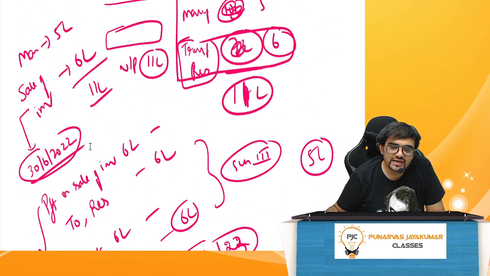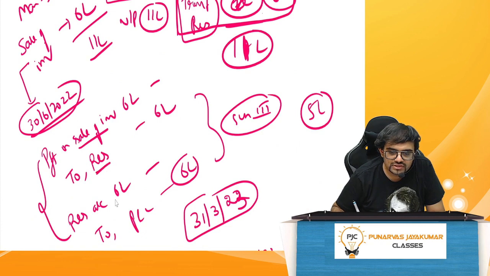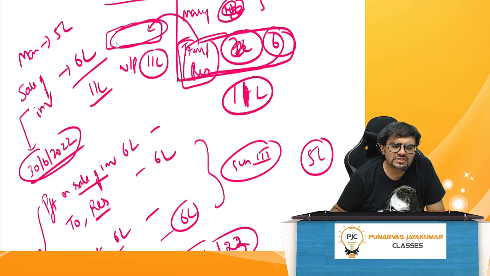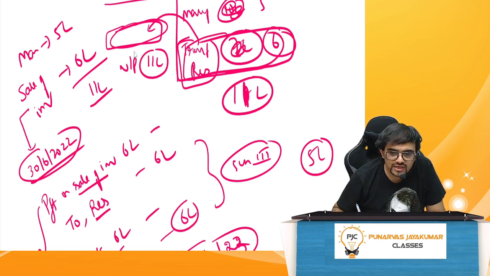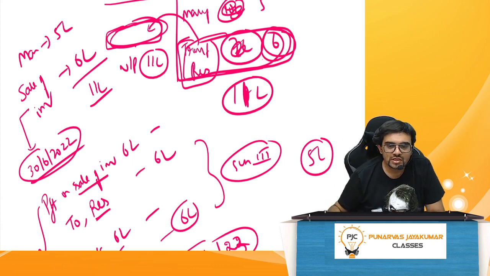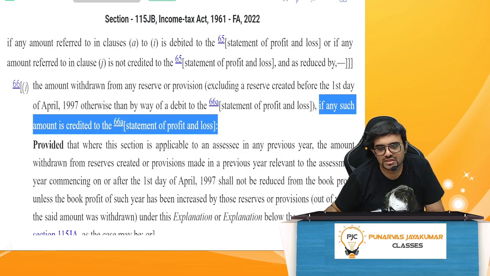But if you have not at all added, in this particular example, you see, I just did one scam. Profit on sale of investment transfer to reserve to P&L account. I did this 6 lakh. Have I charged this 6 lakh anytime before? No. So when I have not debited it, whereby I have not added it before, I have not disallowed it before, now I am subtracting it. So earlier also I did not pay MAT on the 6 lakhs. Now also, in fact, I am reducing it from the total net profit, which is a scam. So though it's a very good provision, if where it was debited, you subtract, that makes sense. Whatever was debited before, if it's credited, then reduce, then it makes sense. But here, it just said like that. So a lot of tax planning was happening, guys. So basically to nullify